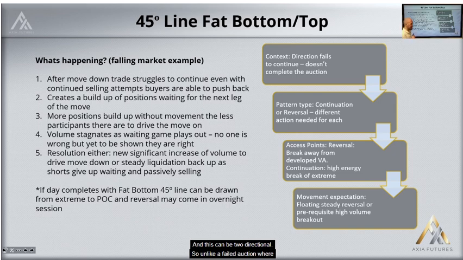Unlike a failed auction, where you're looking for the direction the other way, an elastic band, where you're looking for a reversal, can be two directional, and it's about understanding what is going to happen at each side. Now, when you get the reversal of a situation like this, what you're looking for is a steady float back